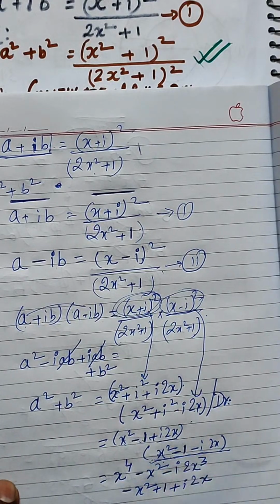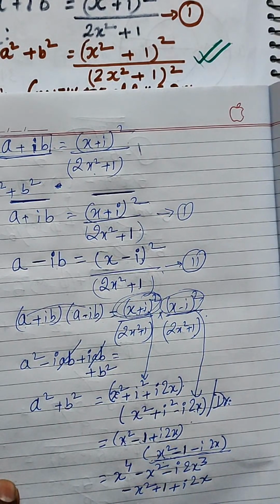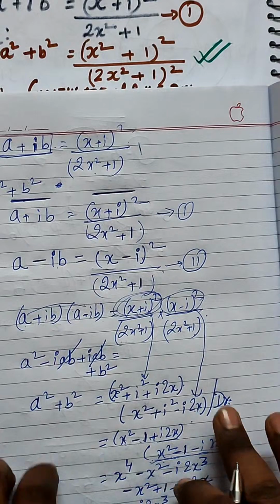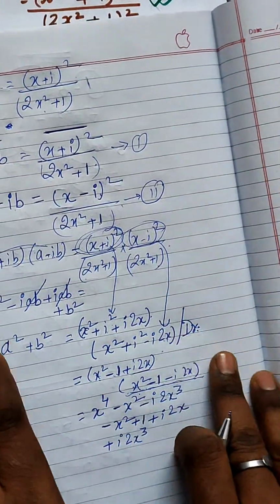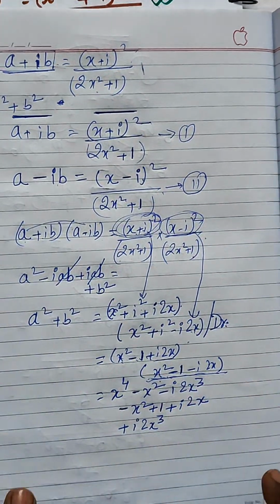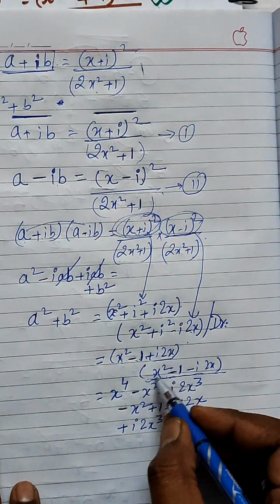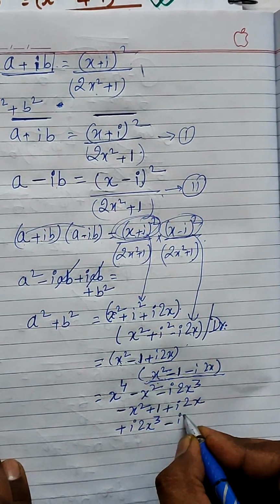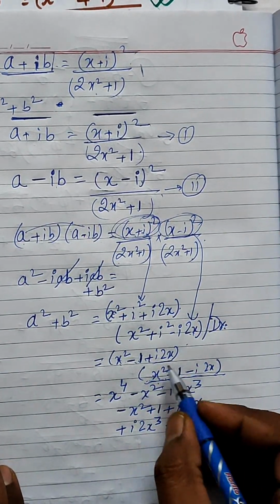Now the third term will be multiplied, so it will be coming as i times 2x cube, let me bring it a little closer to you, okay? i times 2x cube minus i times 2x, and